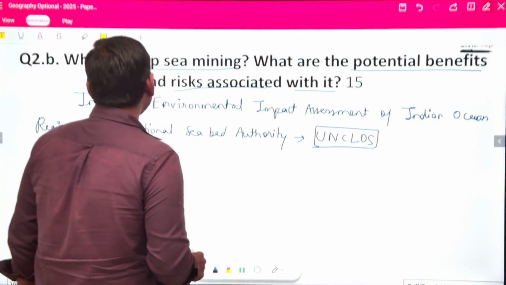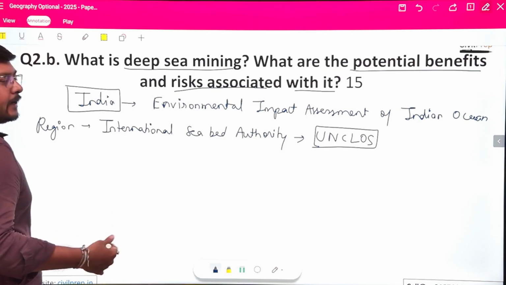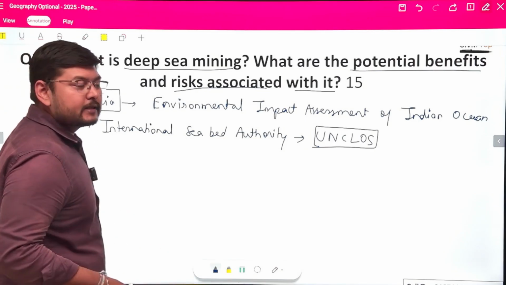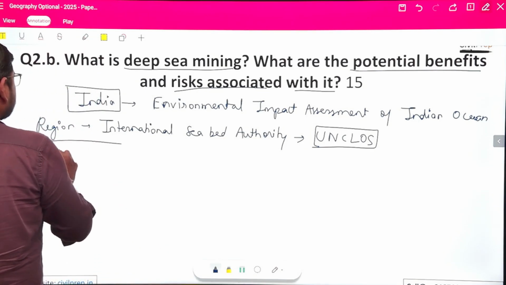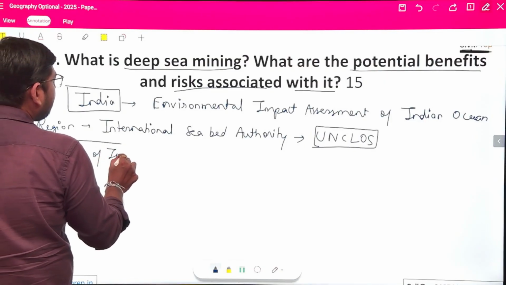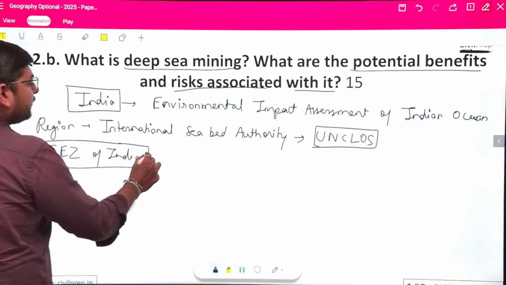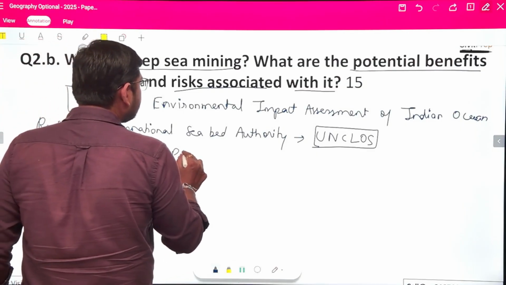Basically, India has been granted a license to explore the minerals present in the exclusive economic zone of India, where we have polymetallic nodules,